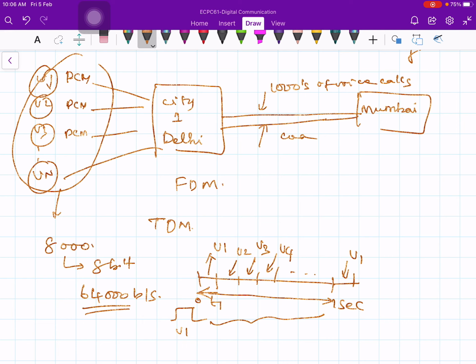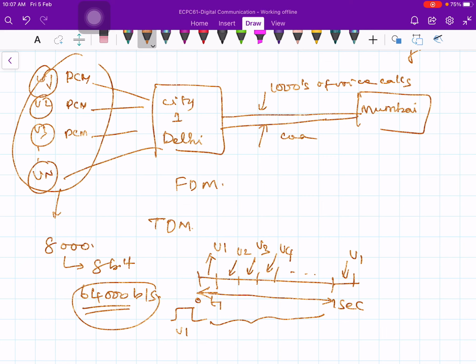If you have a cable with a large bandwidth which can accommodate not just 64,000 bits per second, but much larger than 64 kilobits per second, because it has the capacity to transmit at a higher bandwidth, then you may like to put additional bits also. You may like to transmit at higher bit rates, and these bits can be interleaved with each other. That's the basic idea of multiplexing in the time domain.